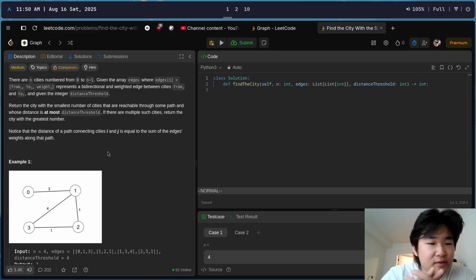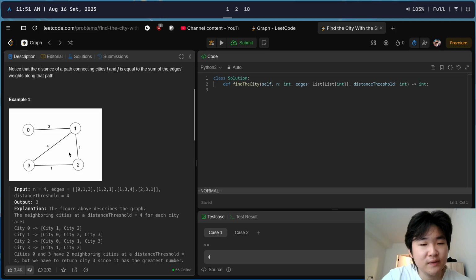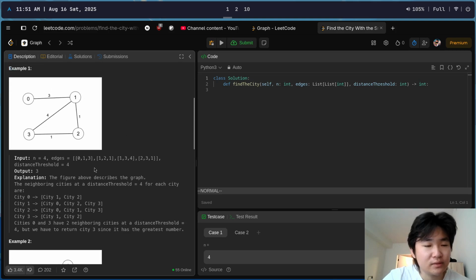If there are multiple cities, return the city with the greatest number. Return the city with the smallest number of cities that are reachable through some path and whose distance is at most distance threshold. If there are multiple cities, return the city with the greatest number. Notice it's all the ways. Okay. So there's 7, 8, 9, and there's 1. Okay, so